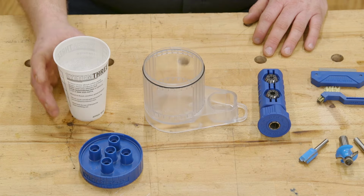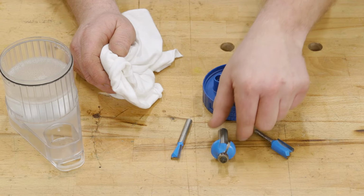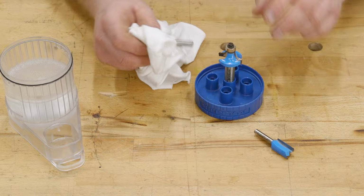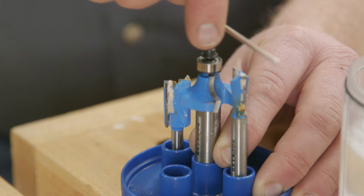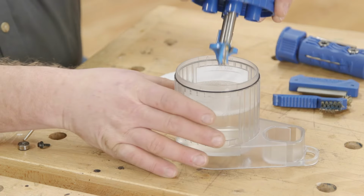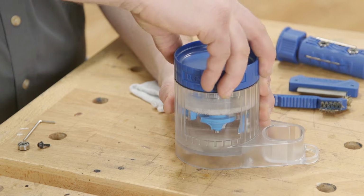Now, let's walk through a typical bit cleaning routine with this kit. First, I pour enough cleaning solution for the bits to soak in. Next, I insert my bits into the shank holes in the lid. Next, I remove any bearings that are on the bits. Then I flip over the lid and screw it onto the reservoir so that the bits are submerged in the